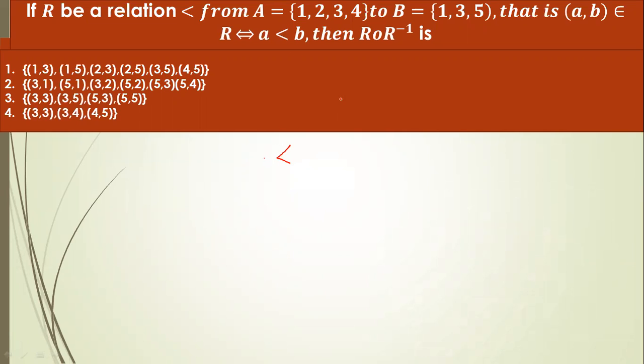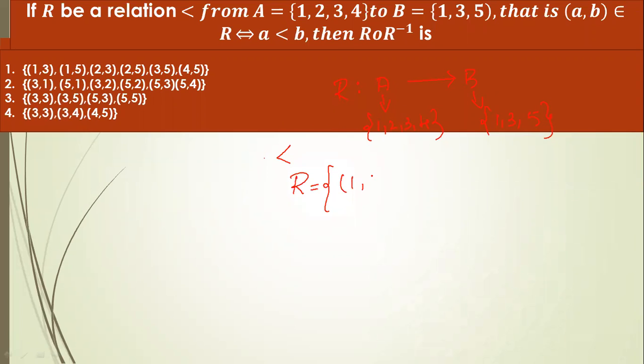Okay, the relation is defined from A to B. How is it defined? What is A? A contains elements 1, 2, 3, 4. What are the elements in B? 1, 3, 5. Okay. So now you have to tell me what are the ordered pairs in set R. Which elements will be in the relation? If you take 1 from A, 1 comma 1, whether 1 comma 1 belongs to R,